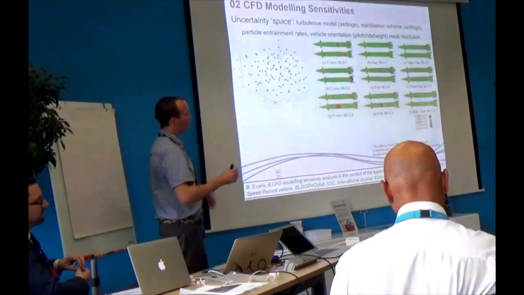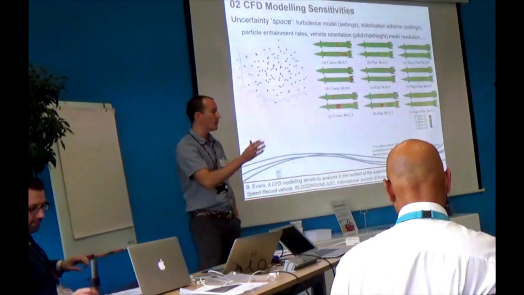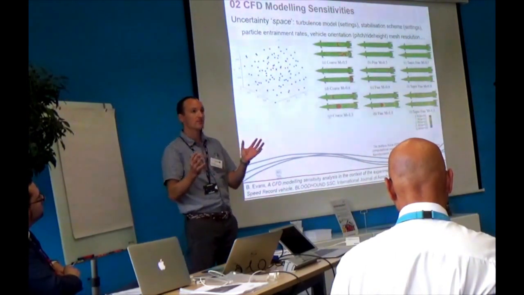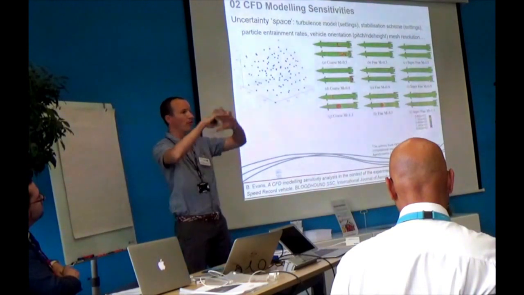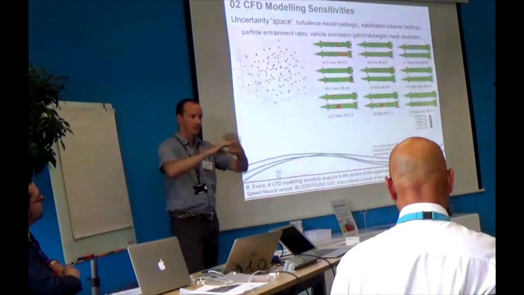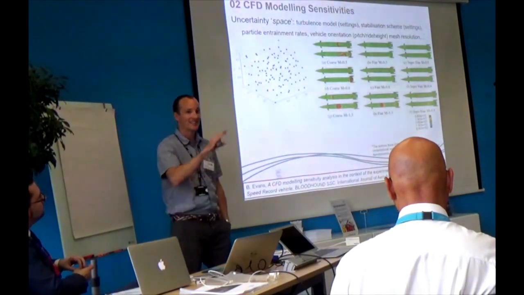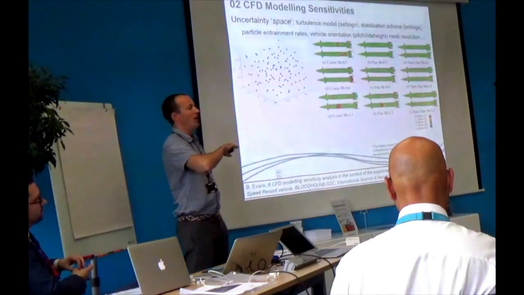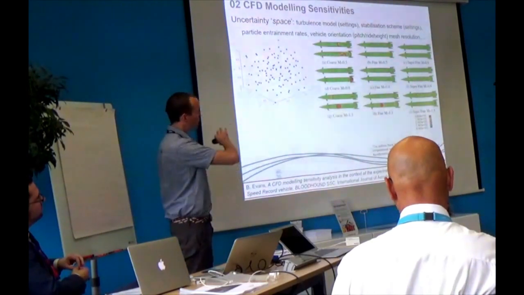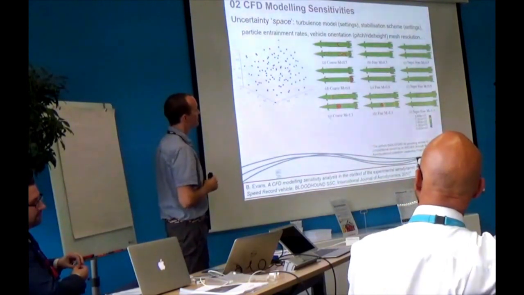So what we've been working on over the past 2 years, really, since the geometry, the design of the car was frozen, is a sampling of that uncertainty space. So we define our uncertainty space based on all the things that we know affect the model results. We use some kind of statistical sampling method, like Latin hypercube sampling, to sample that space to try and understand the sensitivities of the results, the lift and drag coefficients as a function of Mach number, and pressure distributions over the surface of the vehicle as a function of this sensitivity space.